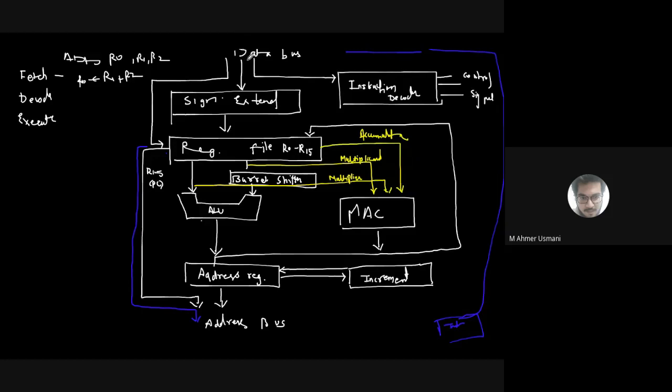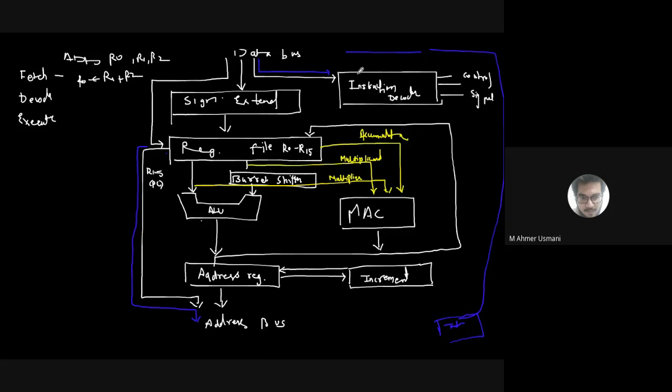In the data bus, it will first identify whether it is data or it is instruction. So tell me, what is it? Is it data or is it instruction? Instruction. So ये instruction है तो it will go directly to the instruction decoder. If it is instruction, it will go to the instruction decoder.